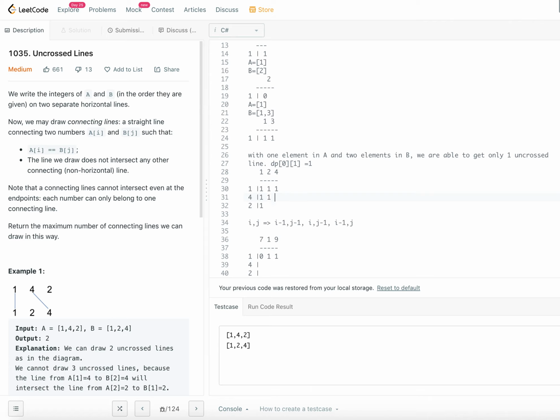Now moving on, right? When you come here, you are considering 2 elements in array A and 3 elements in array B. So how many can you make? But here 4 and 4 there is a match, right? If there is a match, what are we going to do? When there is no match, we consider the maximum of the 3 elements, i minus 1, j minus 1, i, j minus 1, and i minus 1, j, right? Basically the contents. But now when there is a match, what should we do?